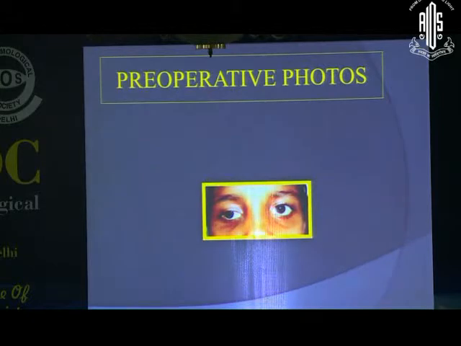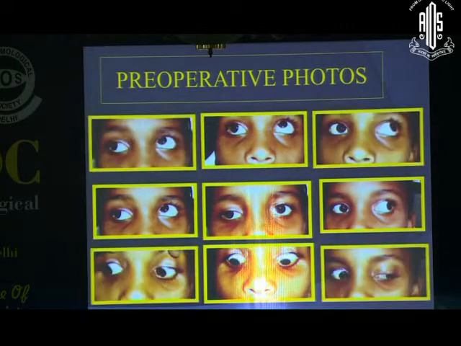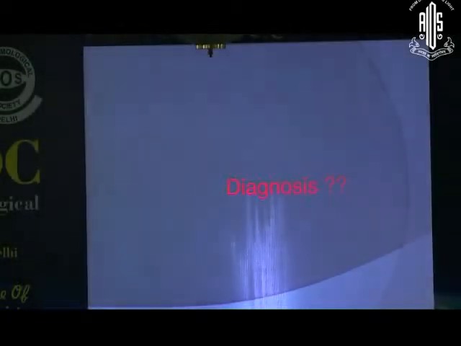So what do you have in primary gaze? In primary gaze, we have an exo and hypertropia. In secondary gaze, in abduction, there is an exo and hypertropia, but in adduction the ptosis has improved, which is further markedly improved in adduction and depression. You can see that it has gone overcorrected, or there is a lid retraction in infraduction. So what is the diagnosis in this case again?